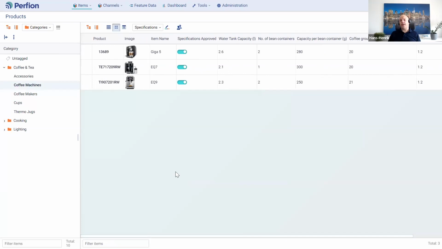So I can create attributes that specifically fit the different types of products that I'm describing. Because if you're selling mobile phones and you're selling, well, coffee cups, the types of attributes you want to store for these products is significantly different. So that's very important, that we can describe the data precisely, that we don't just have a lot of generic attributes in here.